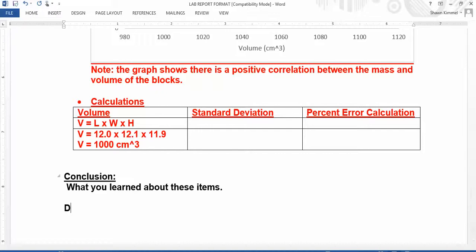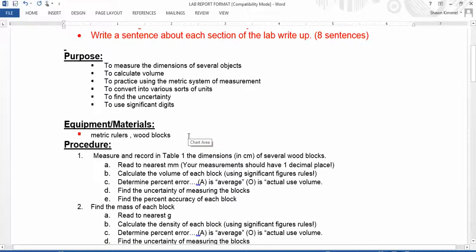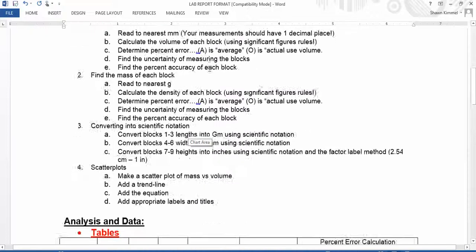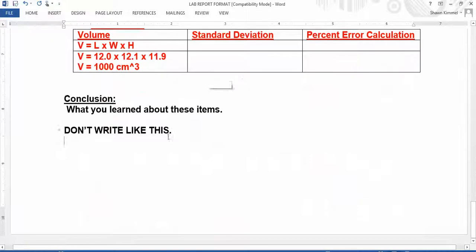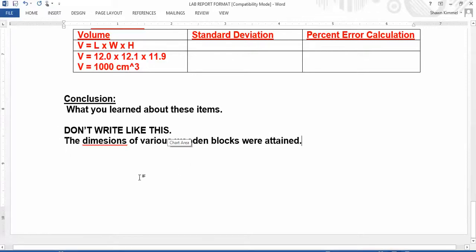Don't write like this. Let me see, the very first purpose. Again, I'm trying to show you what not to do. To measure the dimension of several objects. A lot of students get down here and they say, okay, I got to write about the purpose. The dimensions of blocks. Oh, got to make it sound better. Various wooden blocks were attained. Look at that. Used a lot of great words, and that's not worth any points at all,